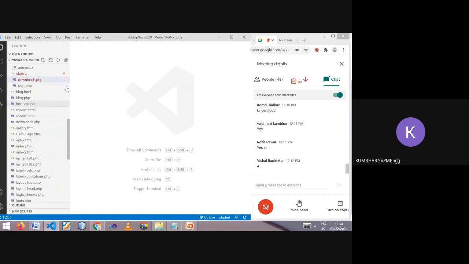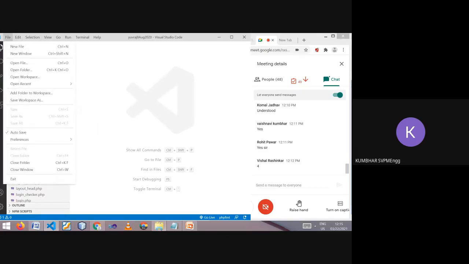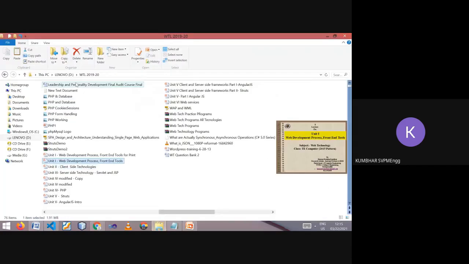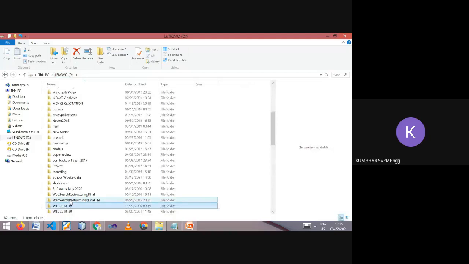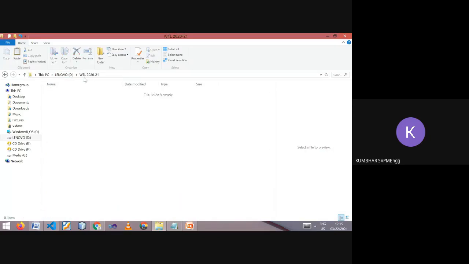Let me introduce you to this Visual Studio Code. Let me create one web technology folder so that we can put all our contents in this. Suppose this is one folder at my D drive, WTL 2021.